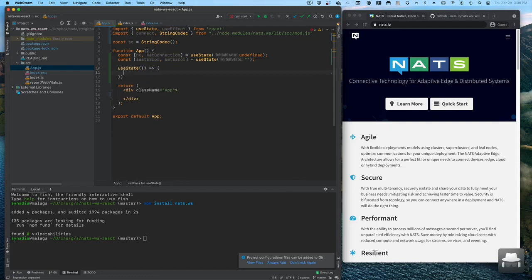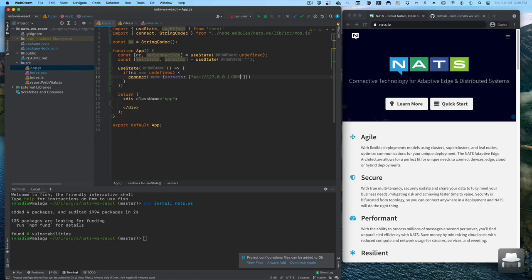So now we need to actually define our useEffect, and what we're going to do is check to see if our NATS connection is actually defined. If it is not, then we're going to go ahead and use our connect, and we're going to set the servers property to be the URL of the NATS server at the port that it's actually running the WebSocket. So that'll be WebSocket